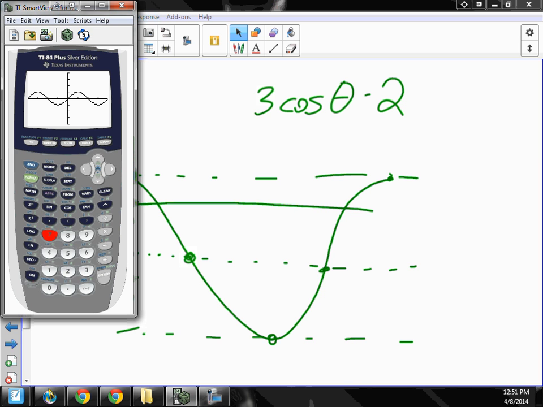Okay, so what if I switch to radians? I'm going to push mode, go down to radian and hit enter. And then I'm going to regraph it. Well, now I'm showing 360 radians, which there are only 6.28 radians in a circle. But if I push zoom trig again,